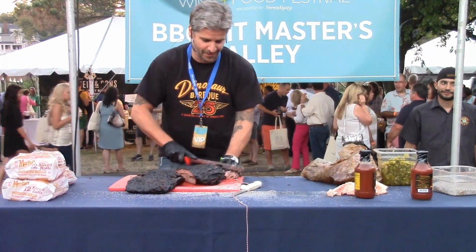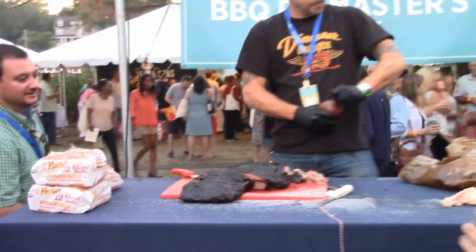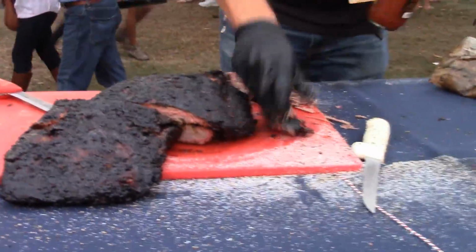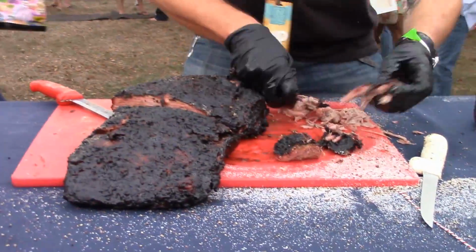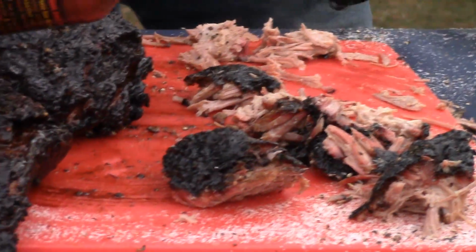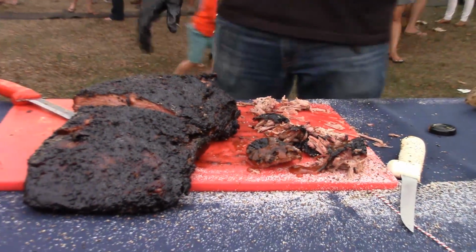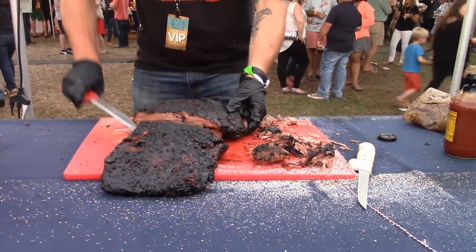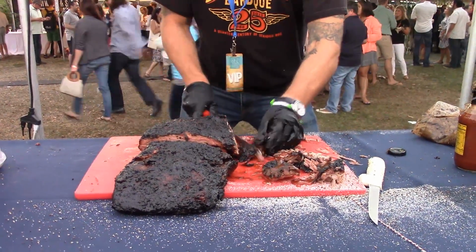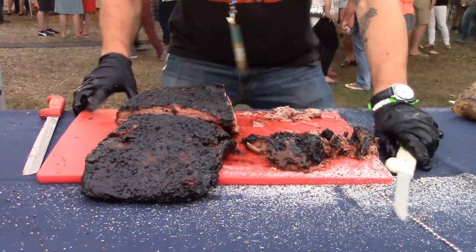Come up here and try some of this. Let me just get a little. Well, let's see. How long did you say that was in for? That was about 14 hours. What was the weight when it started? It was 14 pounds when it started. So now you're down. Here, let me get this. This is a sweet one. Yeah, this is like coveted stuff right here. So feel free to